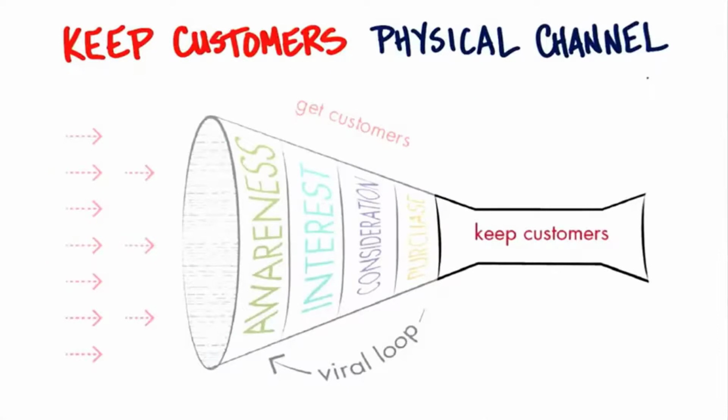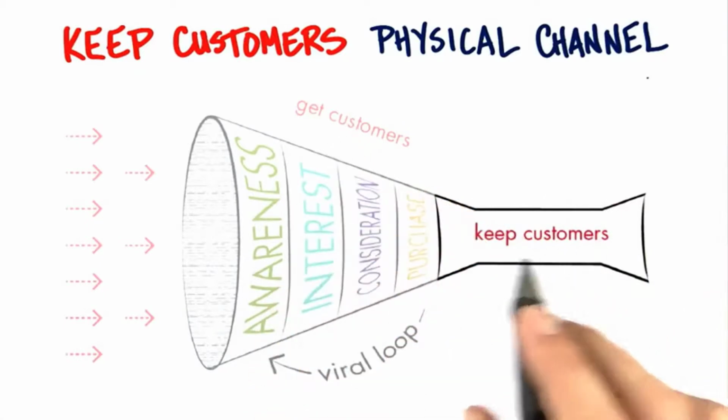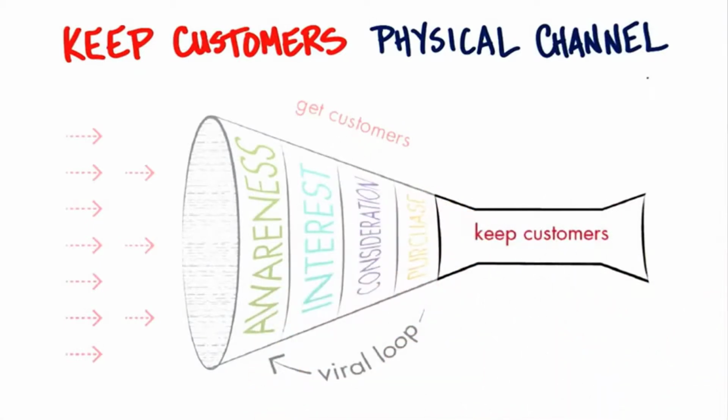We've just been talking about getting customers in a physical channel, but what's really interesting is most startups kind of forget that it's much more expensive to get a customer than it is to keep one. Yet we seem to go from order to order or user to user, forgetting about thinking about over time how can we extract more dollars or usage or whatever's important to us from our existing customers. How we do that is the first thing we need to do is make sure our existing customers we've just gotten don't go away. And so if you're in business long enough, you start thinking about how to keep customers.